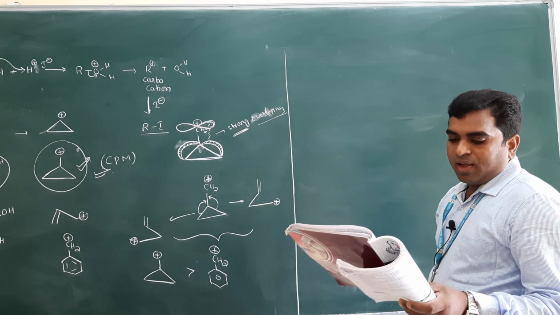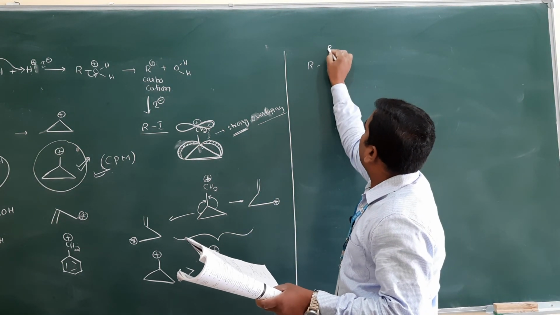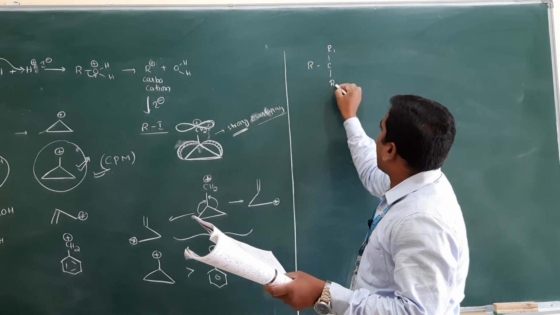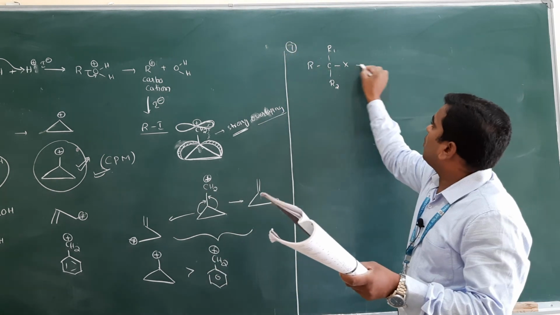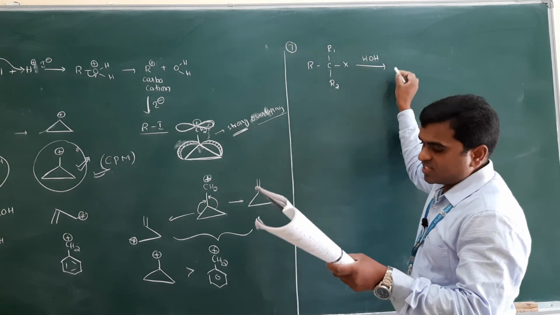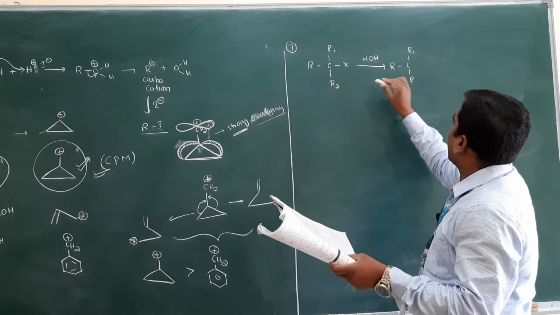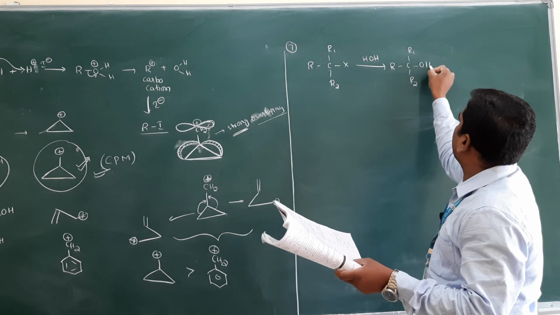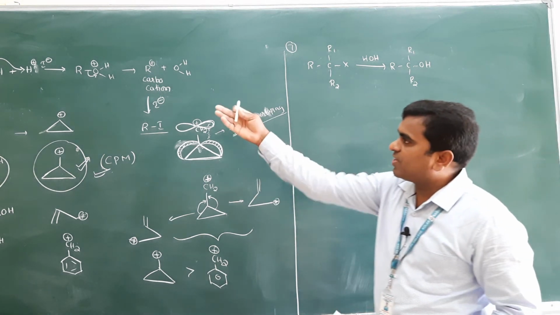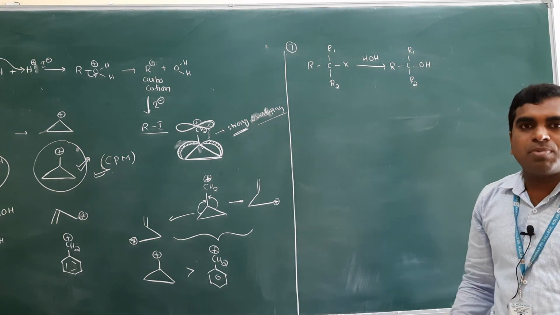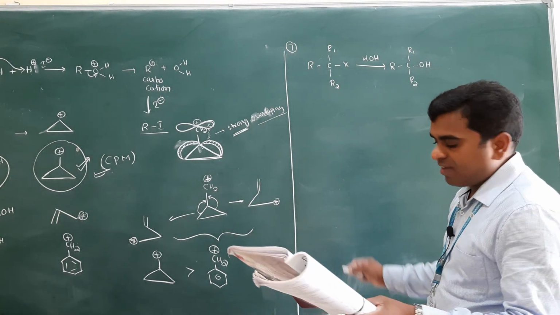Clear? Next one. For the given reaction, they have already given the reaction R, with R1 and R2X. Question number 7 this is. It is treated with water, which means H, OH, and you will get a nucleophilic substitution reaction, where the halogen is replaced by the nucleophile, that is OH. Which substrate will give maximum racemization? Previously we have discussed: to get the maximum racemization, the carbocation should be most stable. First one, what have they given as my option?